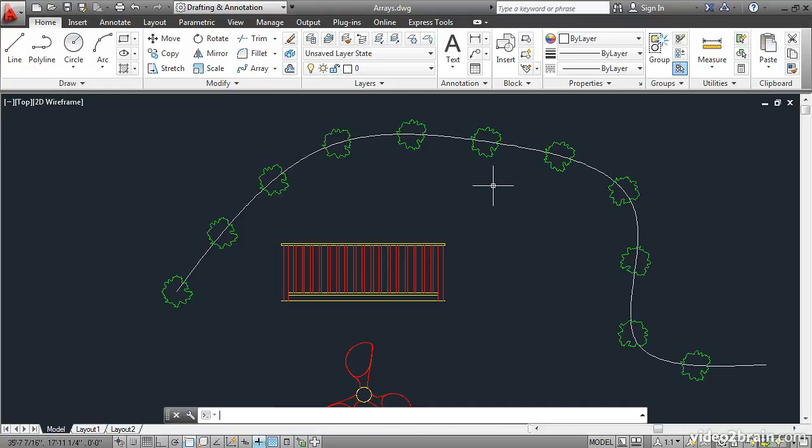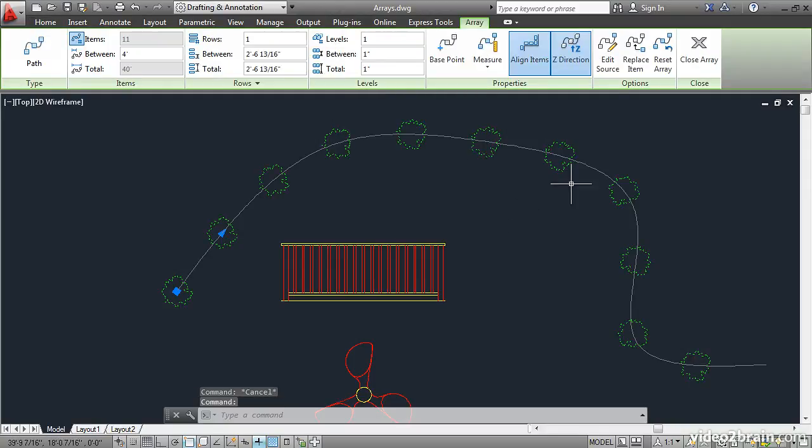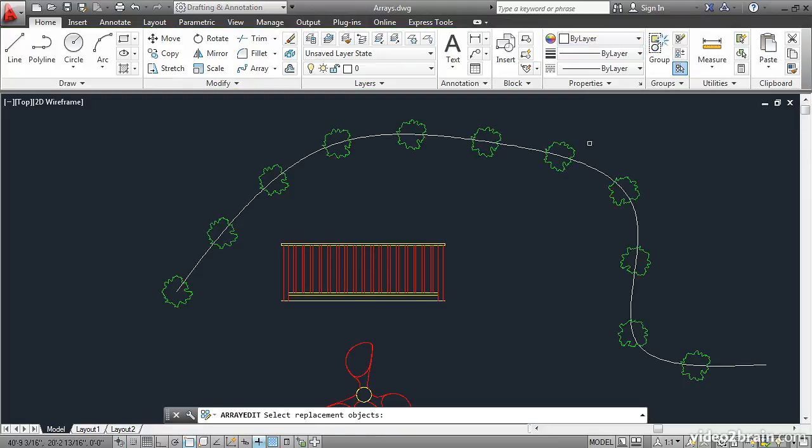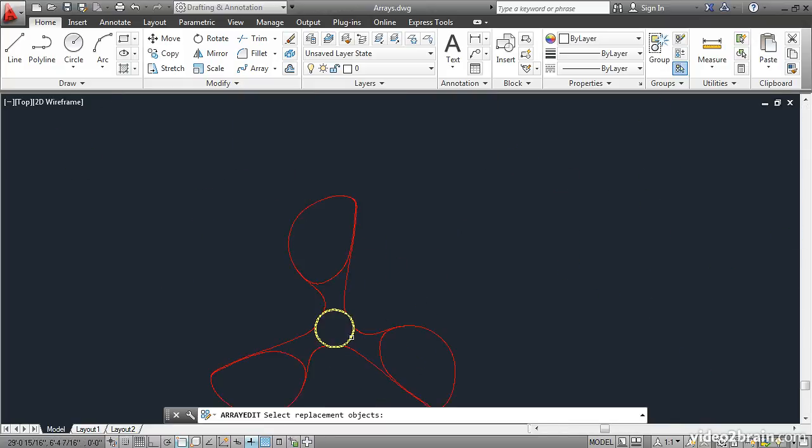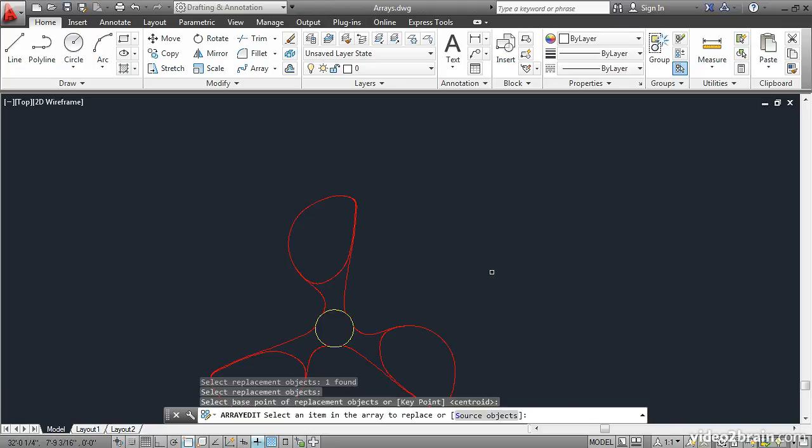I'll press Escape and then click on one of the trees. You get an options panel when you edit a path array. Let's say we want to replace one of the items with something else. I'll say Replace Item, and then it says Select Replacement Objects on the command line. I'll zoom in here and select this circle as my replacement object and press Enter. I'll press Enter again to use the centroid of this circle as the base point for replacement. And then I'll zoom back out